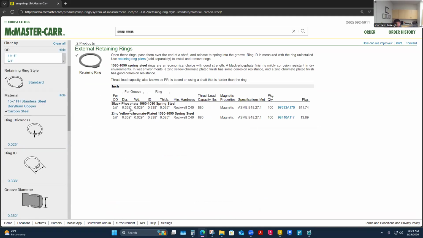I have black phosphate, or I even have a zinc yellow film coated one. I think I'm going to do the one that I pass. I think it's just a one. They might still be a little cheaper than these other ones. Yeah. So if I just select this,